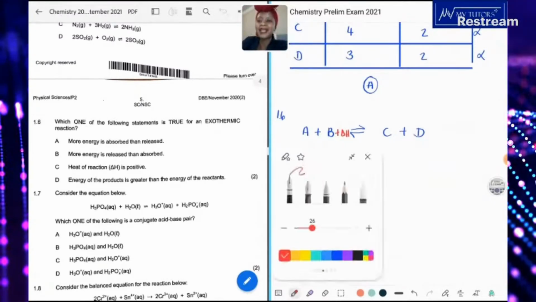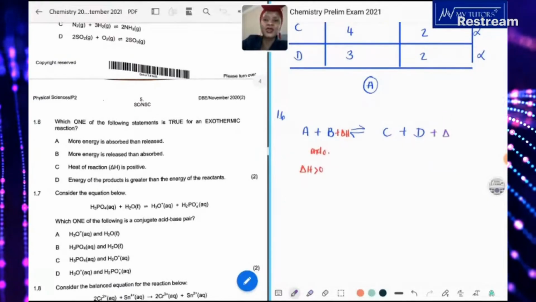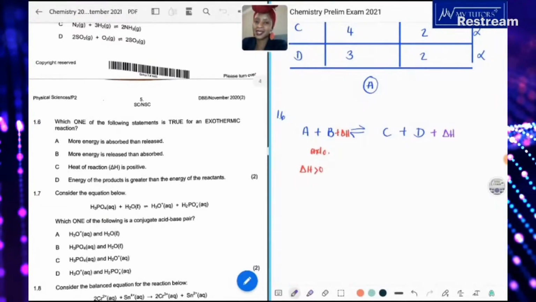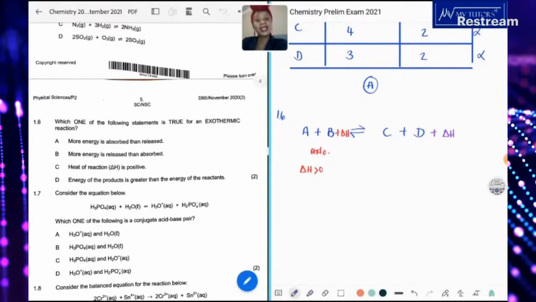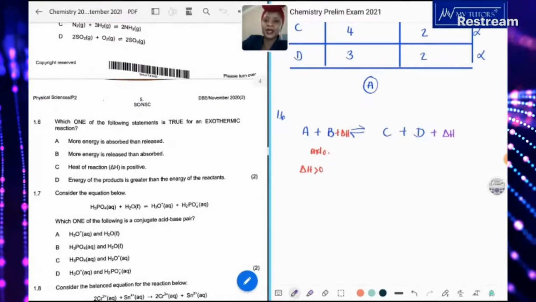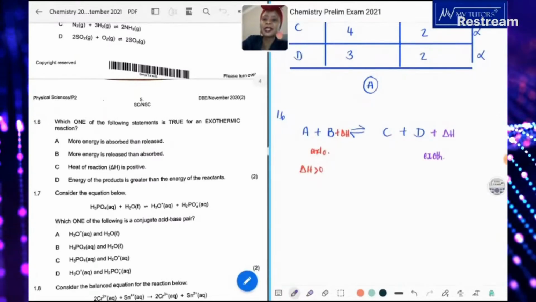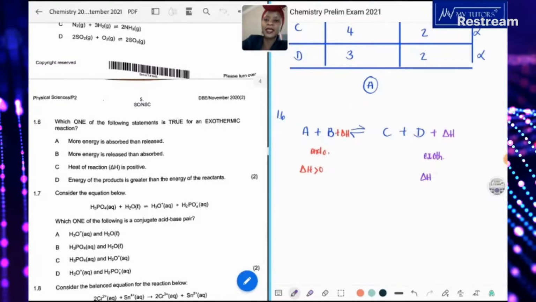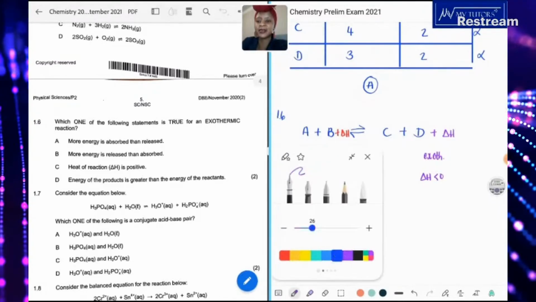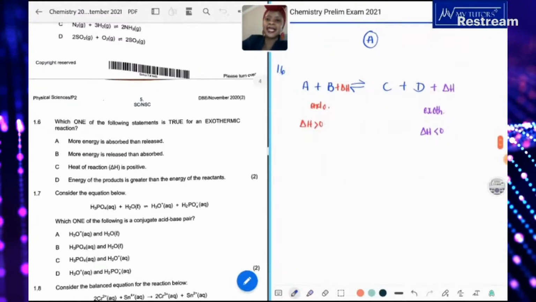Okay, but if you have an exothermic reaction, you are going to release heat or energy on the product side. So as the products form, heat is released into the environment or energy. Okay, so that is for exothermic reactions, and your enthalpy is less than 0. You always have negative. All right, and if you were to draw a graph indicating an